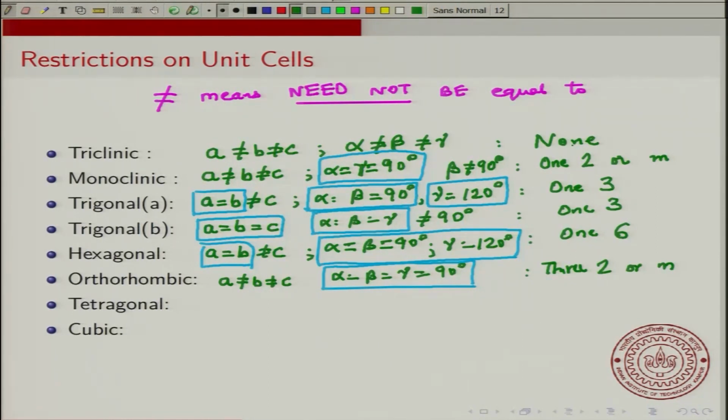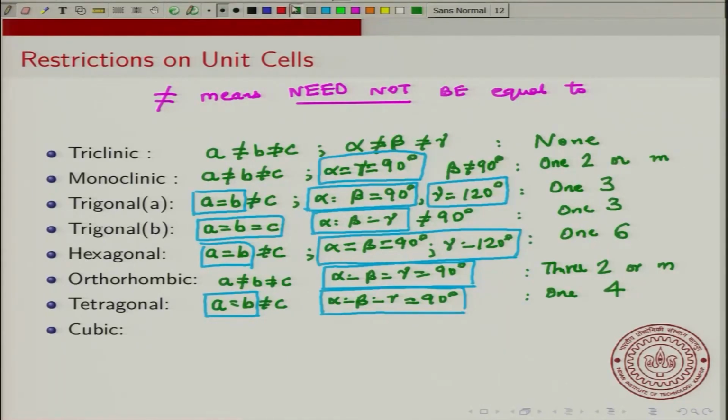Okay, and then what about a tetragonal system? Tetragonal system, we said that A is equal to B and it need not be equal to C, and alpha equal to beta equal to gamma equal to 90 degrees. Okay. Again, the essential requirement of tetragonal is that all the 3 angles should be 90 degrees. Okay. Now in this case you will have a 4-fold axis. Okay. So you will have one 4-fold axis,